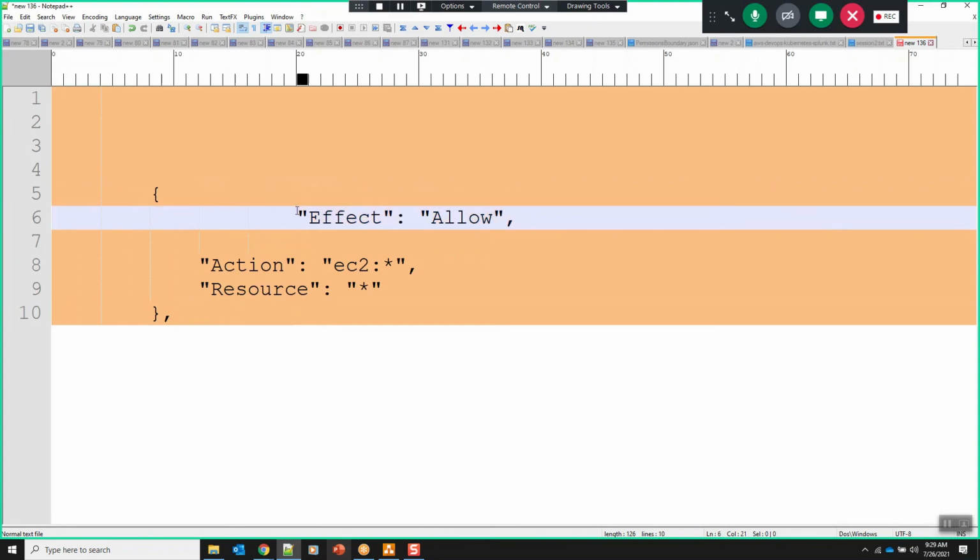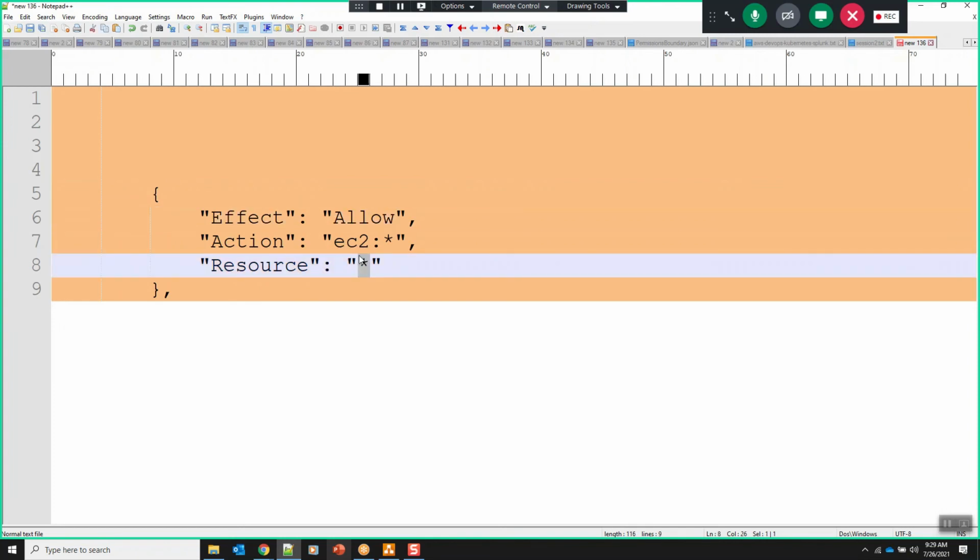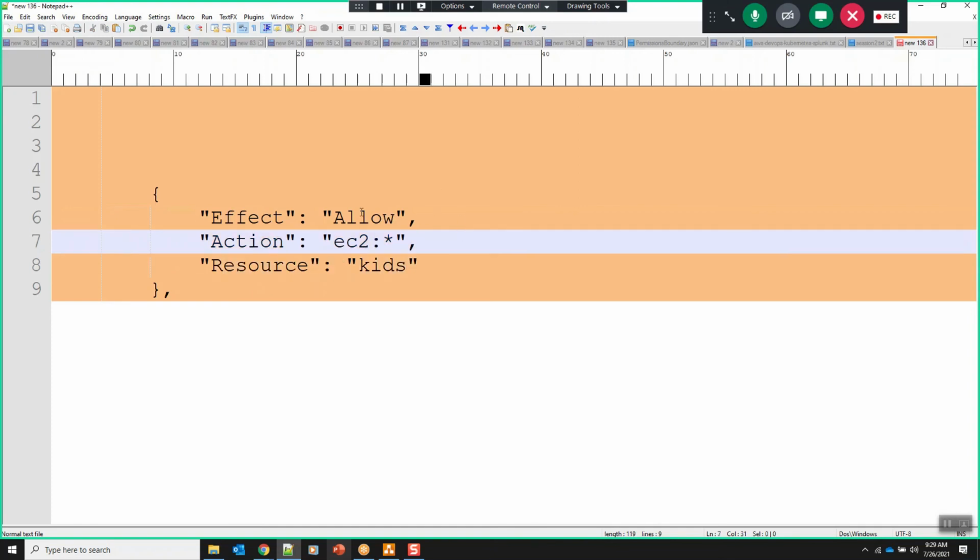In a policy, this is one of the statements. So here, who are the resources? Let me say kids, and let me say that here parents can do all actions.